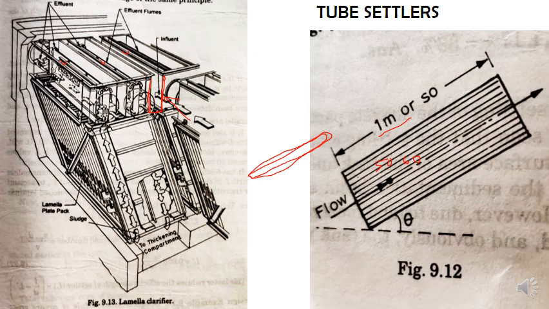Before we go into the detail of this figure, let us concentrate on this. These tube settlers, these individual tubes, can be arranged in two ways. One is we can arrange these tubes at an angle of only 5 to 6 degrees to the horizontal, or we can maintain the same thing up to 50 to 60 degrees. So what is the difference between these two? Let us understand that. Imagine this particular figure you are seeing over here.